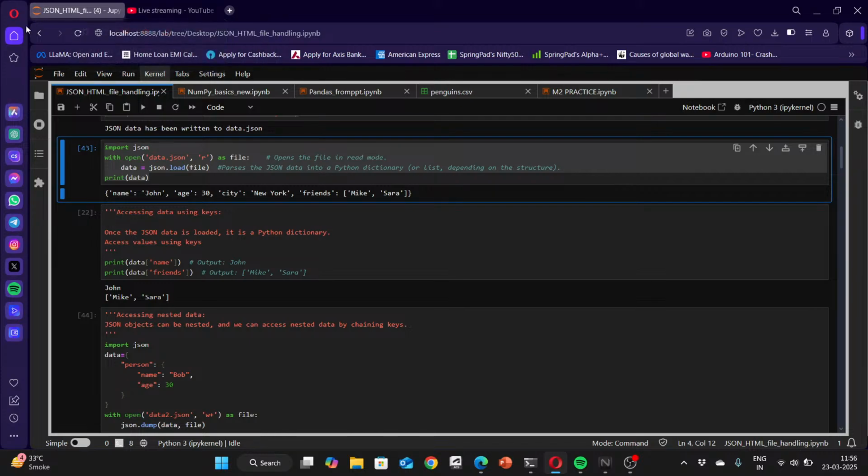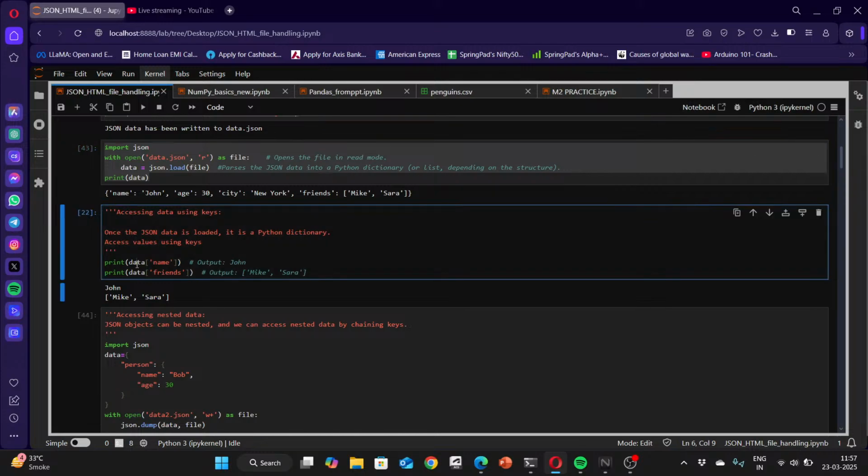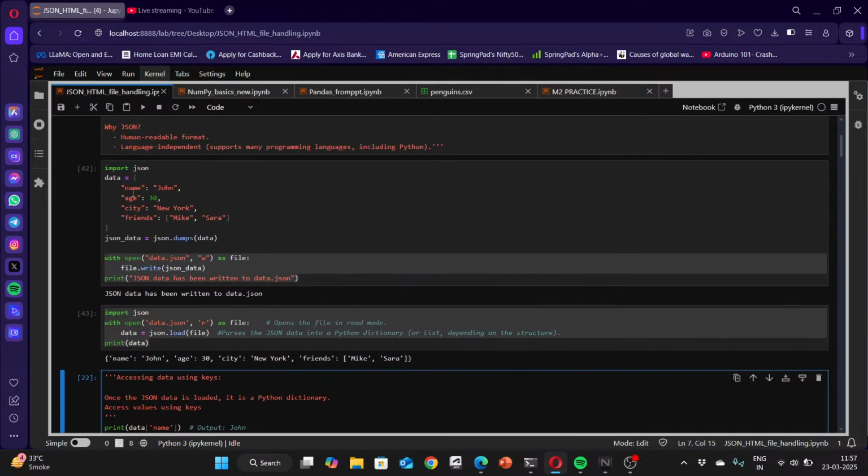Import json. So with open data.json, r as file, accessing data using keys. Once the JSON data is loaded as a Python dictionary, access the values using keys. Basically, in the data, we've got name and friends. In the data over here, as you can see, your name is going to be John and friends are Mike and